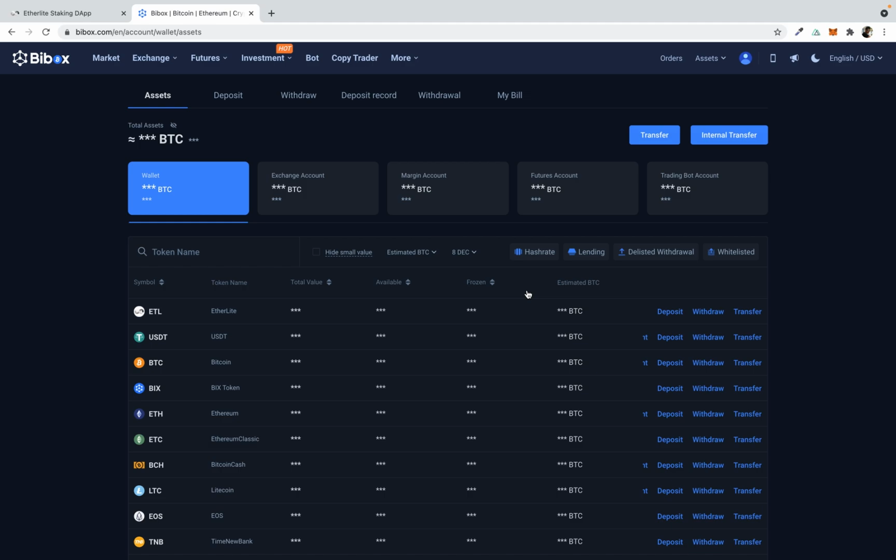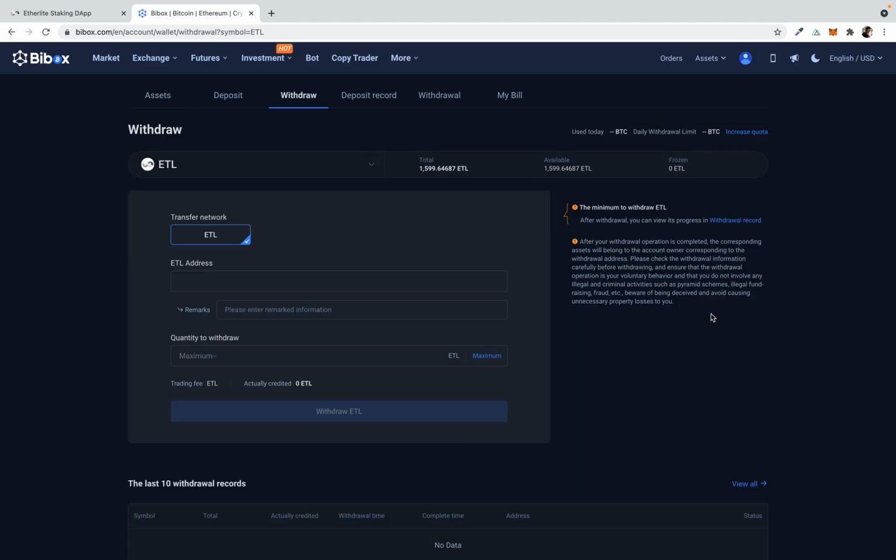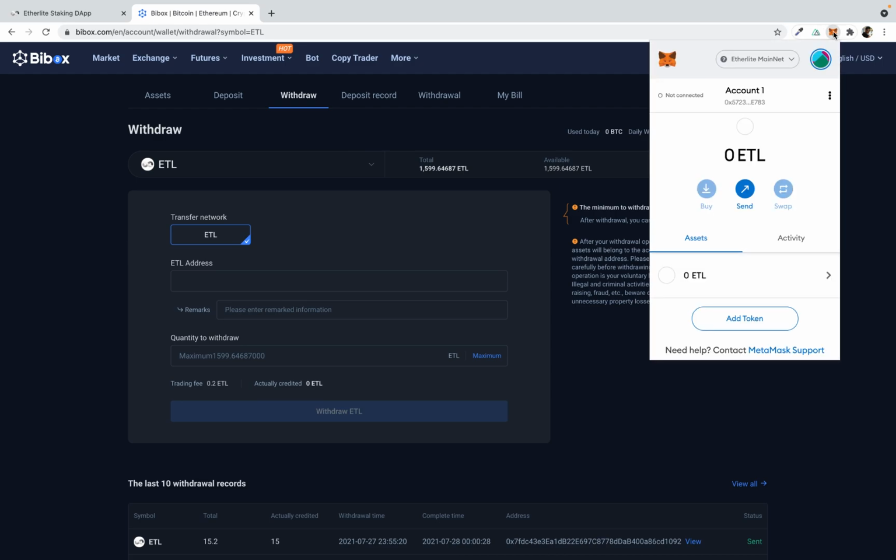Next step is transferring your Etherlite coin from your exchange to MetaMask. In my case, I'm using Bbox. So for that, what you have to do is go to this page and select withdraw, and then go to your MetaMask and click on this account.